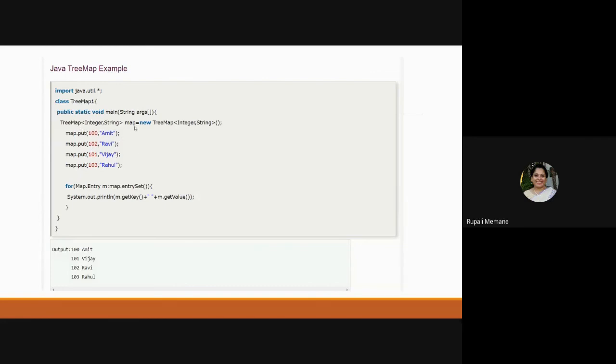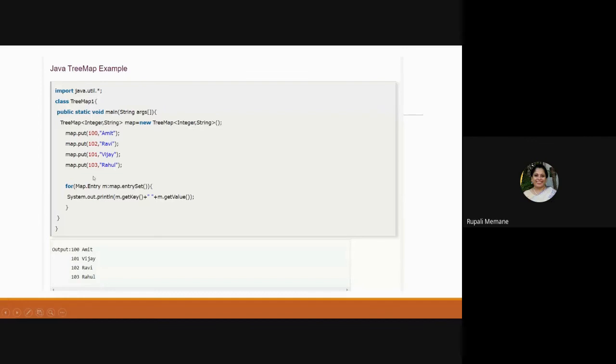Now here they have created a tree map based on the roll numbers. Again, the same 100, 102. Now look at the insertion of the elements. First they have inserted 100, then 102, then 101 and 103. But if we inserted in a linked hash map, it would display as it is. But because it is a tree map, just look at the insertion and then look at the output here.